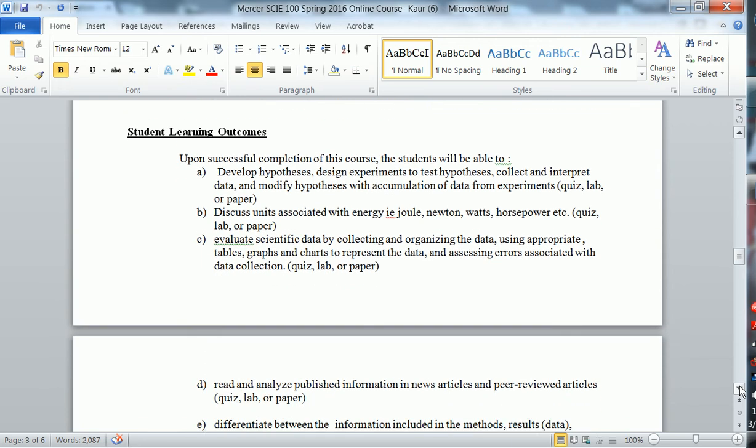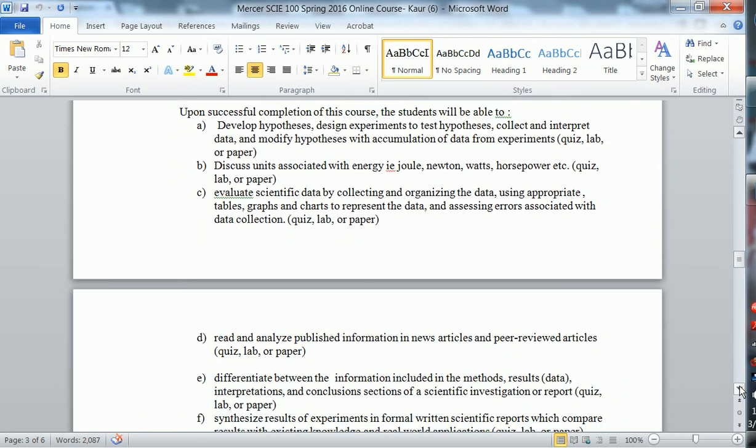So this is a science course and the main emphasis is to know about the scientific method, how to do science. So in this course I'm going to teach you about science. I'm going to give you basic information of science from different fields. I'm going to talk to you in this course about biology, chemistry and physics,